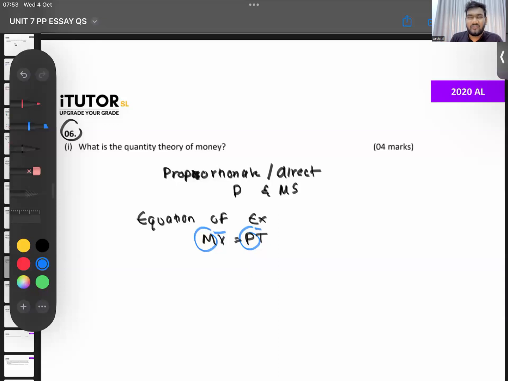That story is what you have to explain. Very simple. You start off your answer by saying what the quantity theory of money is, and then say that they use the equation of exchange. They make certain assumptions like this, and that's what they do. So you get your 4 marks. There is nothing very big to write. If you can give your answer in, let's say, 2 proper paragraphs, I think it should make sense.